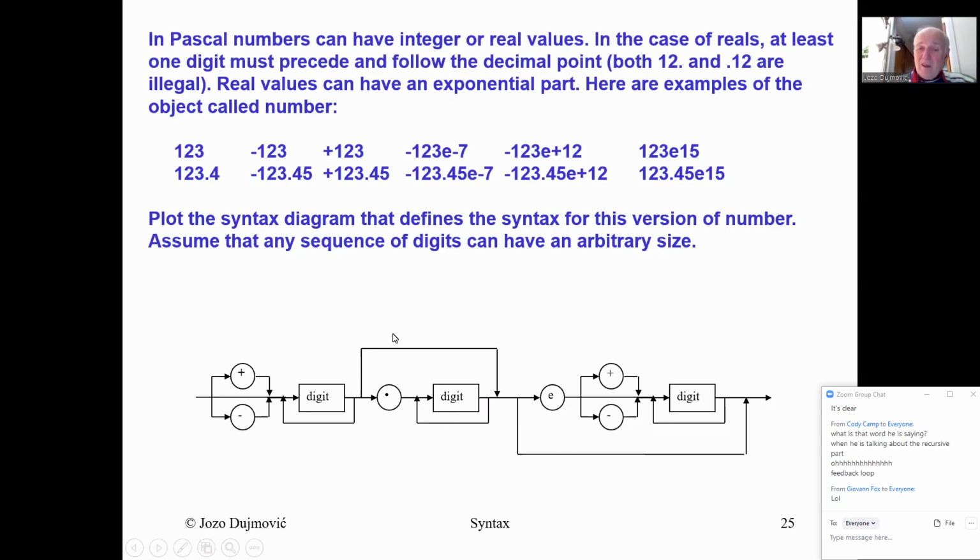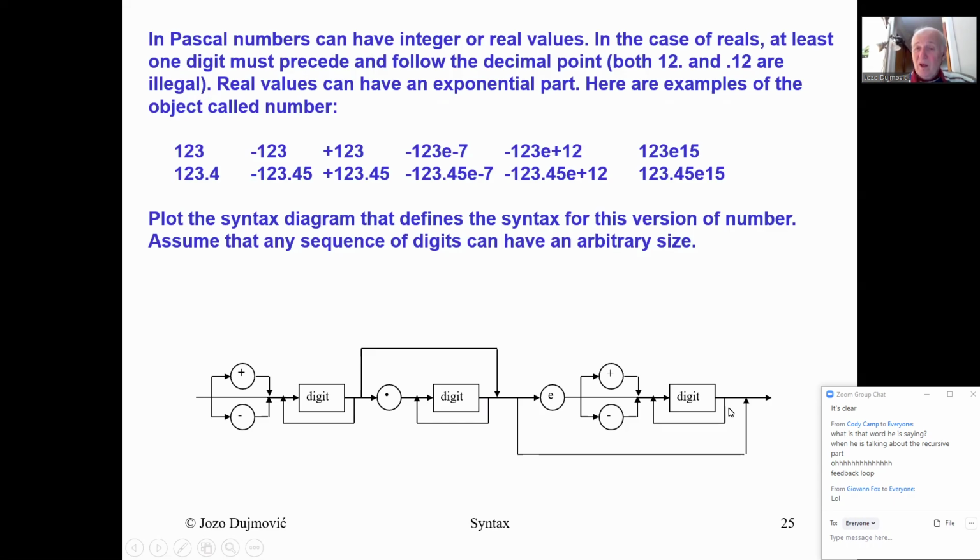Now this part that is with dot, which makes this a real number, can be bypassed. Therefore, you can have 1, 2, 3 without any fraction that comes after. So this here is integer part, this is fraction, this is exponential part. This fraction here can be omitted, therefore I have this bypass, I can skip that. Then, some numbers don't have exponential part, therefore I can skip exponential part if I want, and I have this bypass